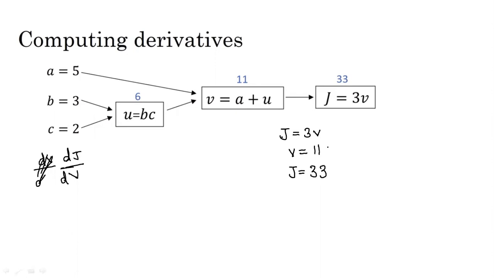Now if we increment the value of v by a very small value, let's say 0.001, so 11 will become 11.001, and then the value of J is 3 into 11.001, and that is equal to